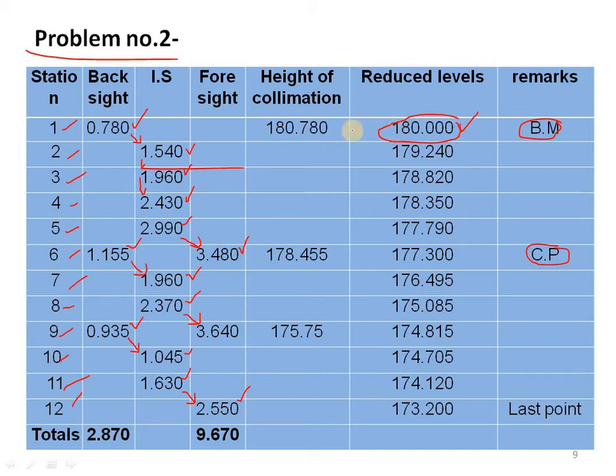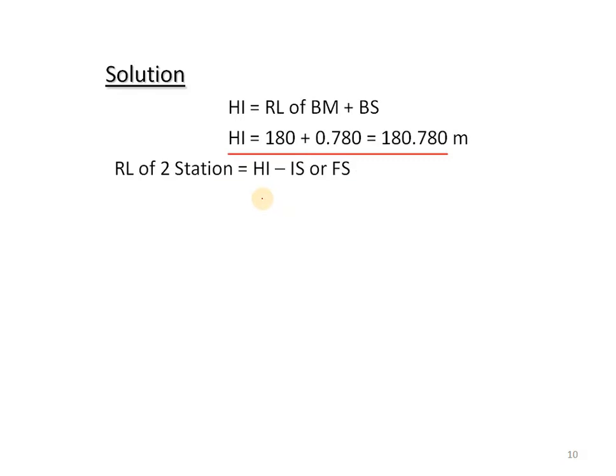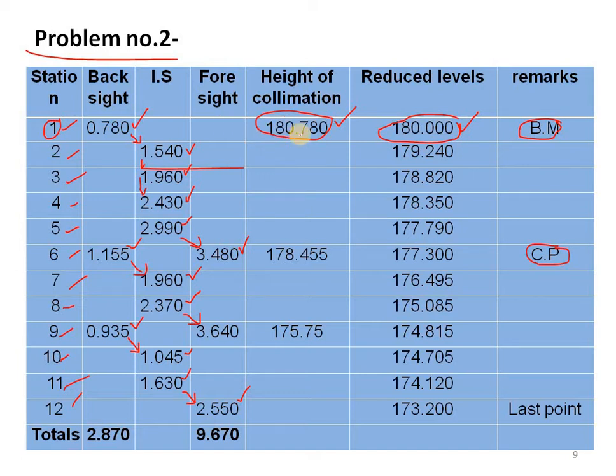As we know our formula to get the height of collimation, we have to do 180 plus 0.780. We will get 180.780. That is the height of the station, height of the instrument, or height of collimation of station 1. Okay, height of the station 1. So this is the 180.780. Okay,